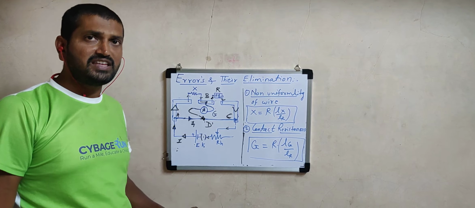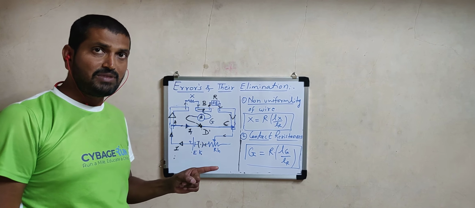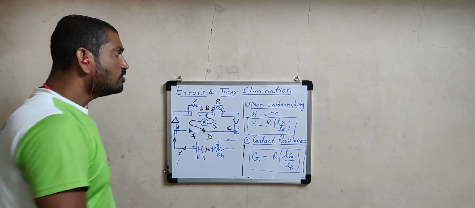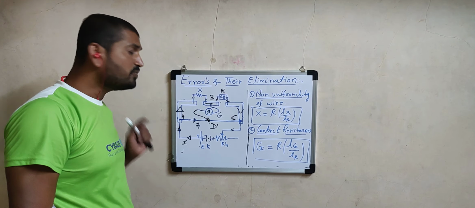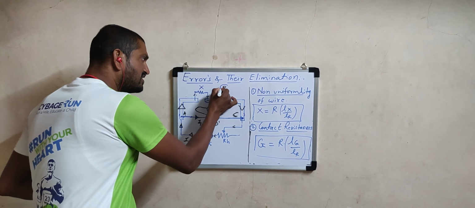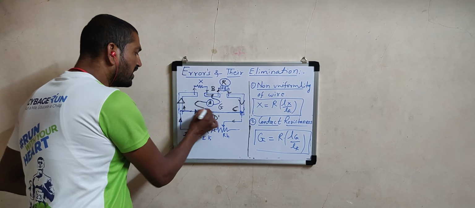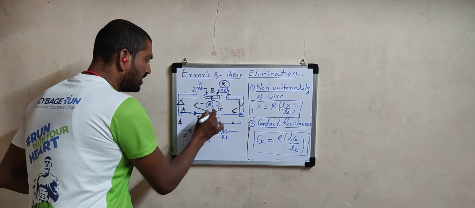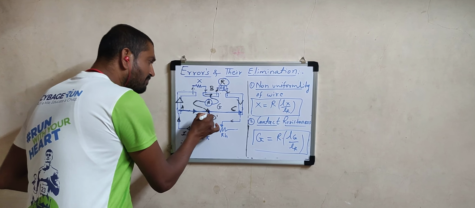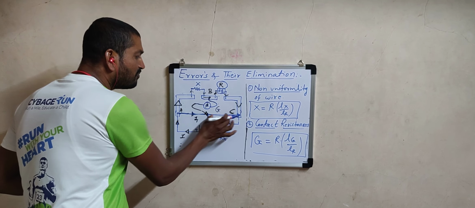Now how to minimize this error? We already discussed in the topic of measurement in the previous standard: errors cannot be avoided. Mistakes can be avoided, but errors cannot be avoided, though we can minimize them to a greater extent. So how to minimize this first error? It's very simple. While performing these experiments, if possible, select the resistance R in the resistance box so as to get the balance point in the middle of this uniform wire. It means both these lengths should be close to 50. It is not possible to get exactly 50-50, maybe 49-51, 48-52, it's okay.